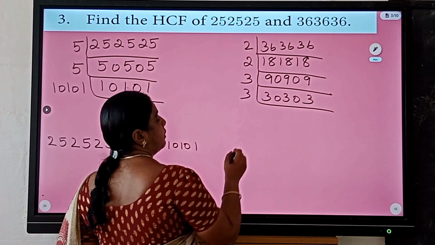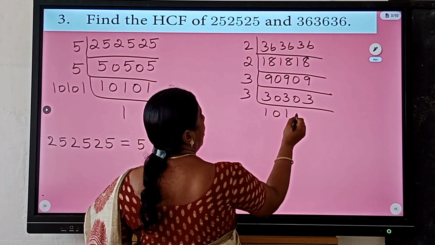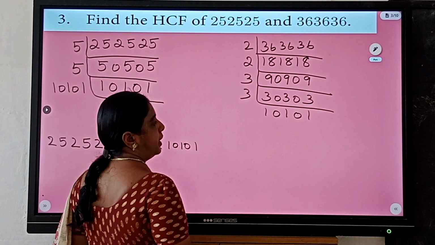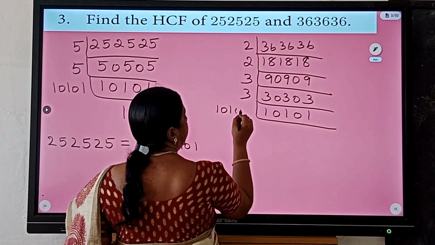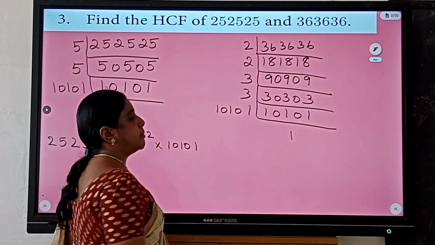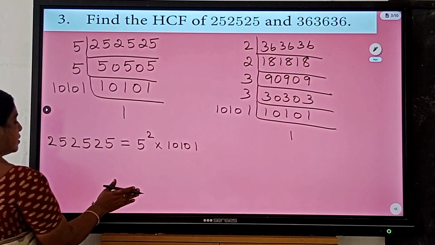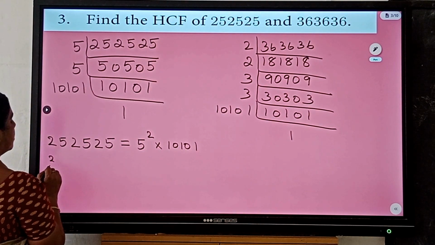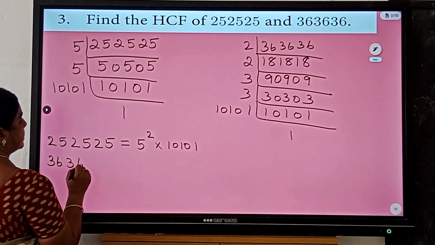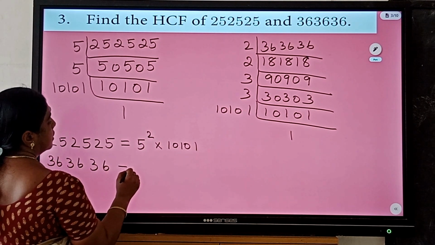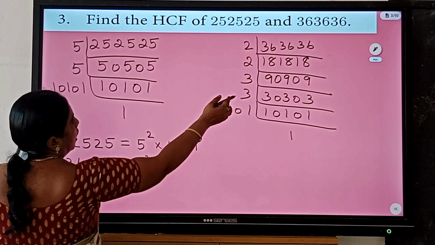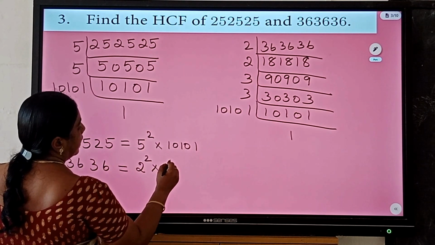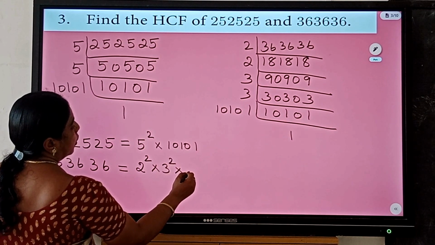Again we are dividing it by 3. 1, 0, 1, 0, 1. So 2 square into 3 square into